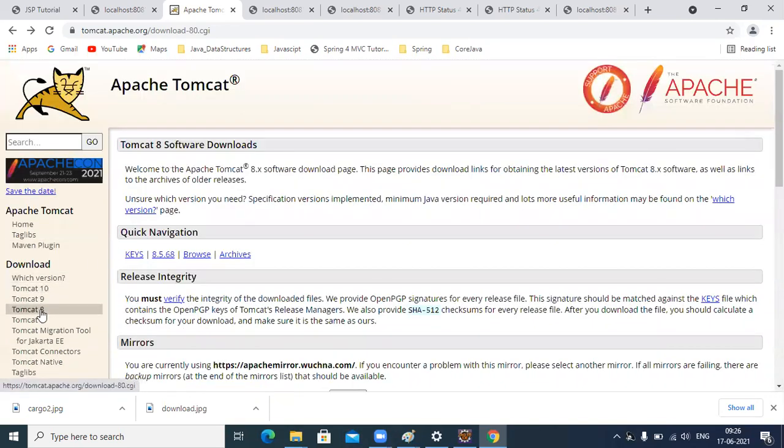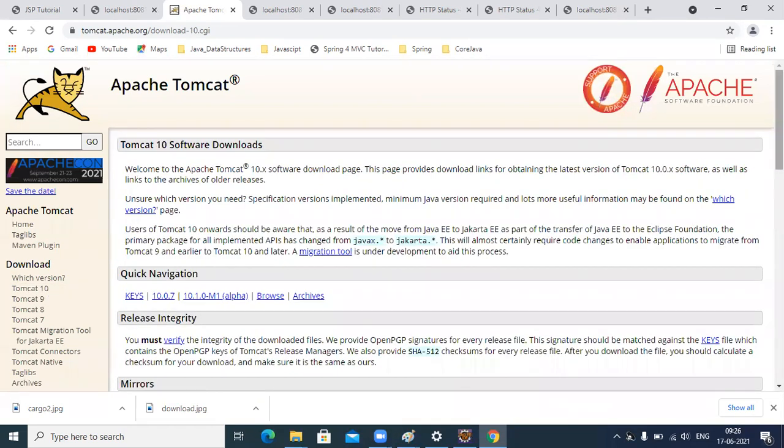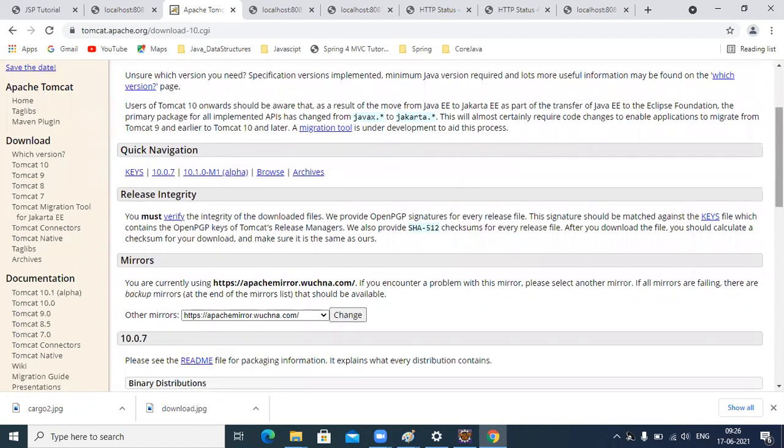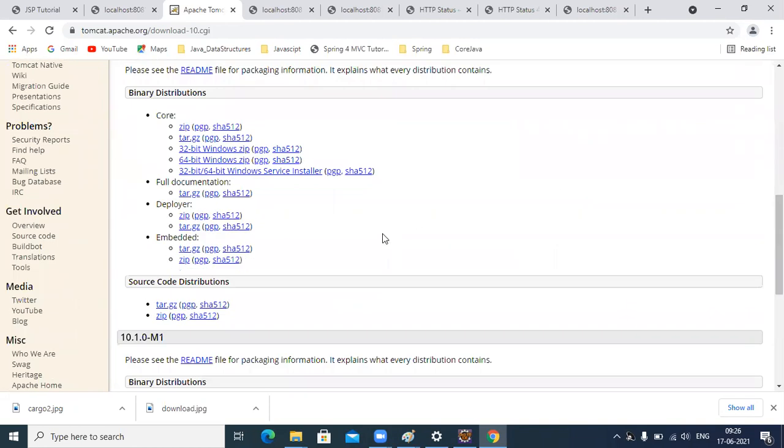Okay, so download, let's say, Tomcat 9 or Tomcat 10. Since I already have 9, I'm trying to download the Tomcat 10 version. Once you scroll down, you will get the installer here. So click on this installer to install Tomcat, which is 12.1 MB. After downloading, I request you to install it parallelly. If you have not installed it, install it parallelly.